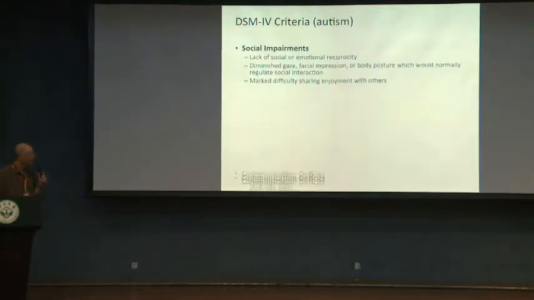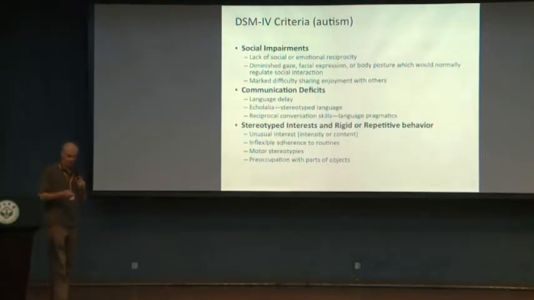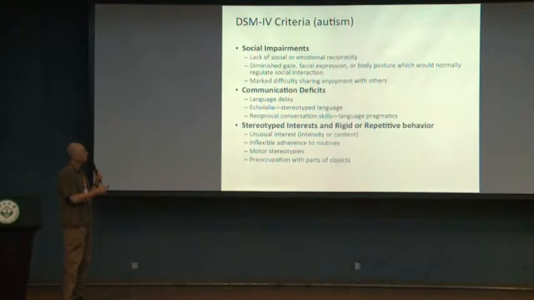The criteria, as you may know, are this triad. Autism was diagnosed, and to a large extent basically still is, in these three basic domains. Social impairments, meaning reciprocal social interactions with other people; communication deficits, like delayed onset of language; and then also stereotyped interests and repetitive kinds of behaviors. The population that my lab studies are all high-functioning adults with autism, for a number of reasons.